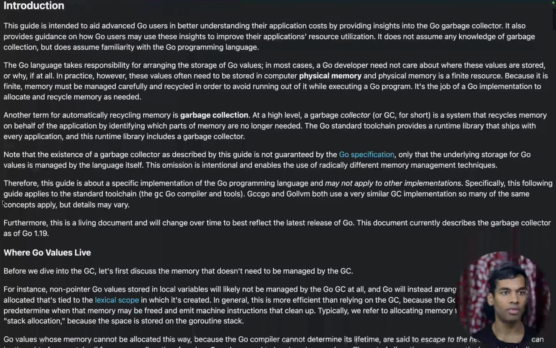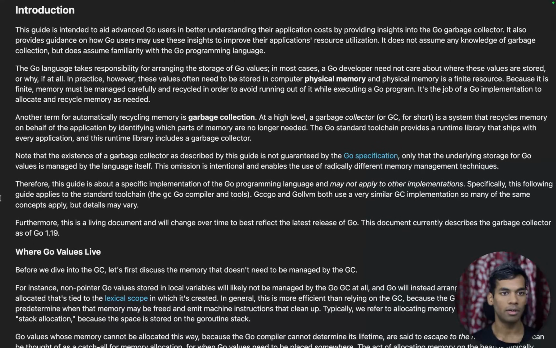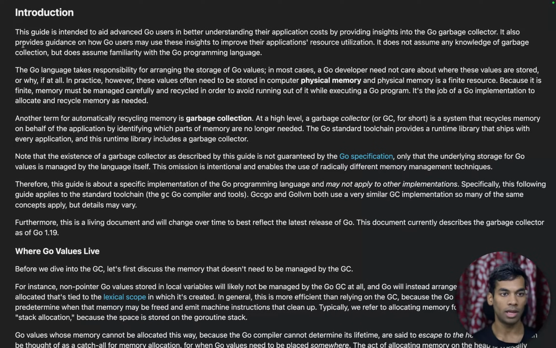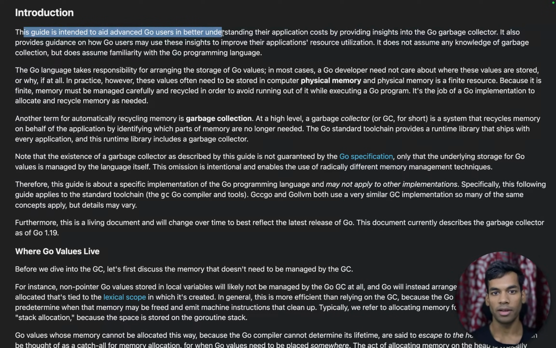Okay, introduction. This guide is intended to aid advanced Go users in better understanding